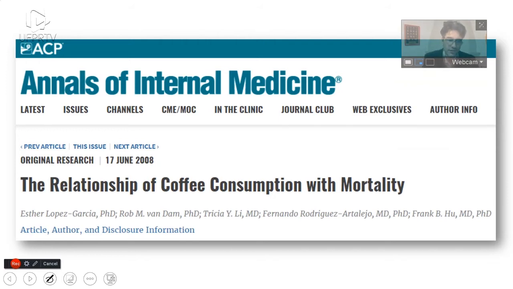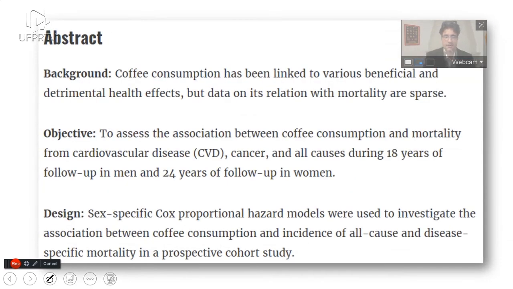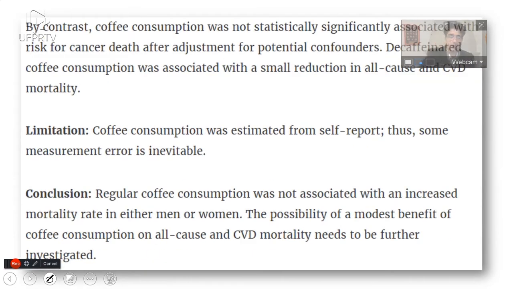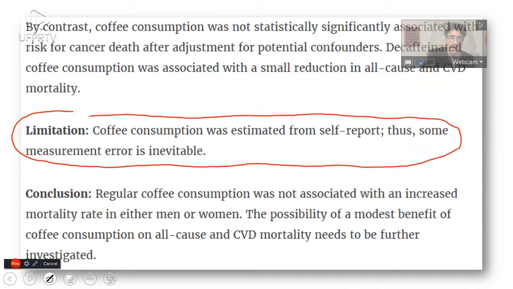And in this journal, as is the case with a lot of journals these days, they require what's called a structured abstract, where they have these preset categories that they want the authors to submit: background, objective, and design. They actually require that the author be forthcoming already in the abstract about what the limitations are. In this case, the limitation is that coffee consumption was estimated from self-report, thus some measurement error is